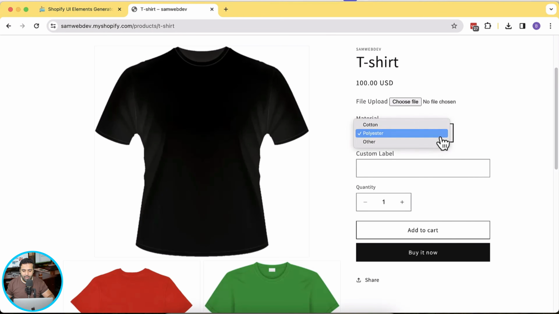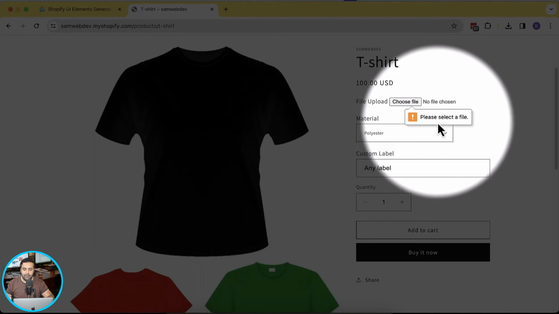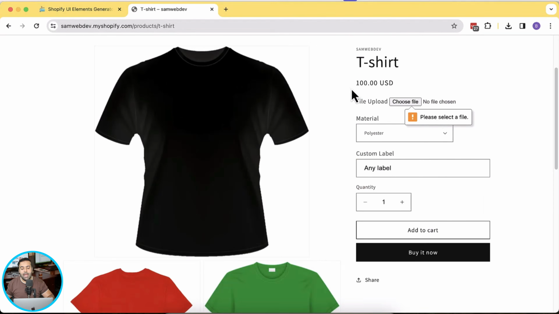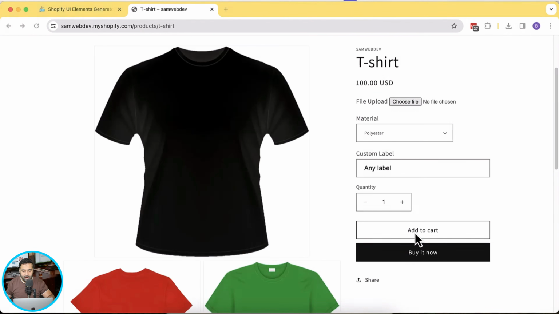So for example, if I select polyester, add in any label to my custom label field, and then I click on add to cart, it's giving me an error that please select a file. The reason why it's giving me an error is because I have added this field as a required field, not an optional field. So if I upload any file and then click on add to cart,